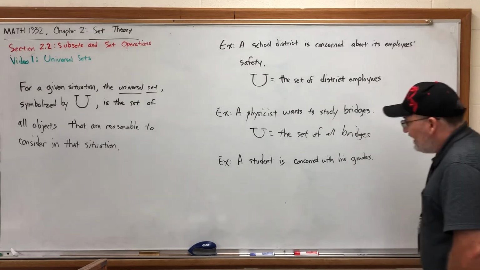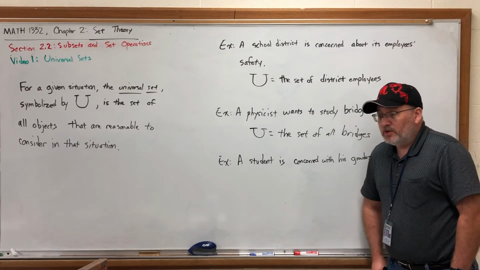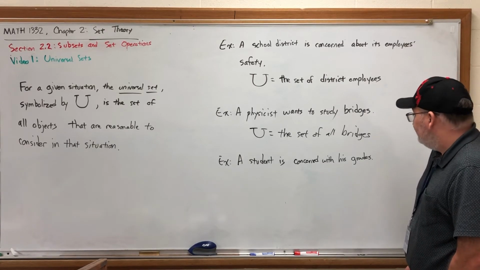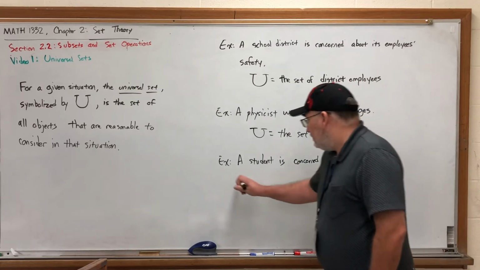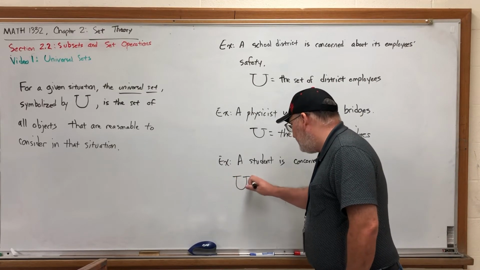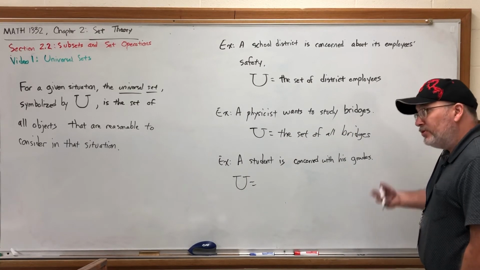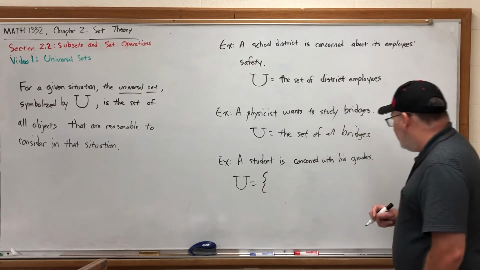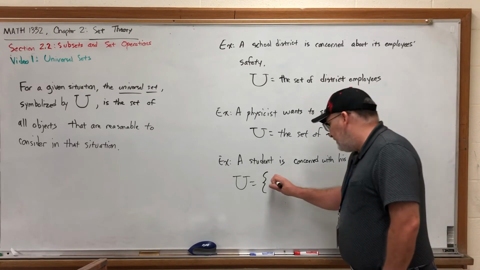Let's take a look at this last example. A student is concerned with his grades. What is the collection of objects for this situation? Answer, the student's grades. So our universal set could be the set of the student's grades. Now, if we knew those students' grades, we could list them in roster form. For example, maybe the reason the student is concerned is because they first made 100,